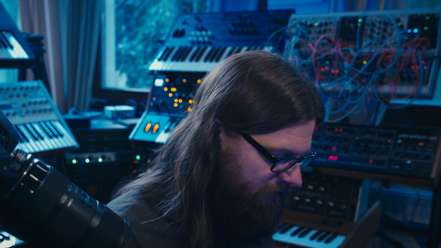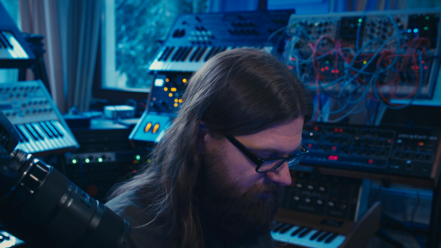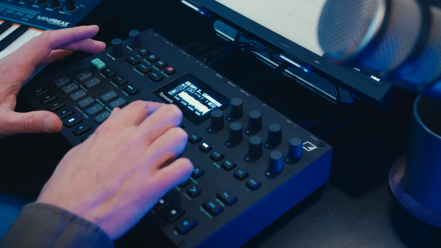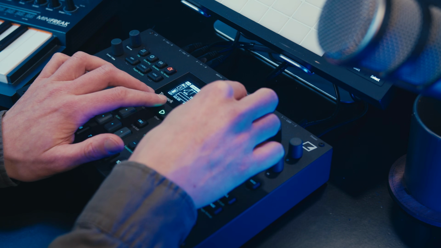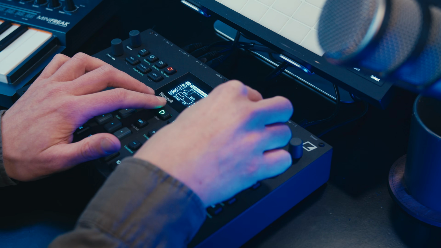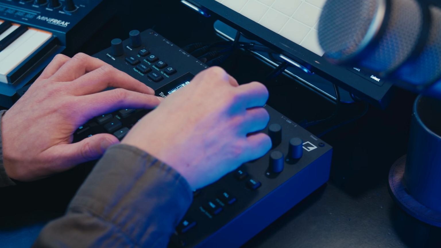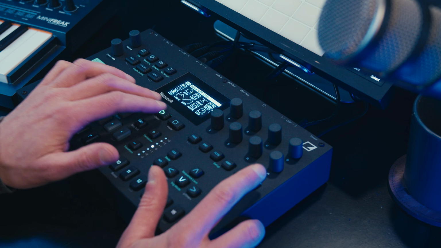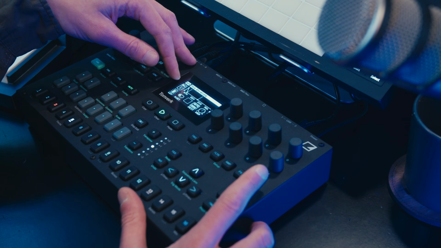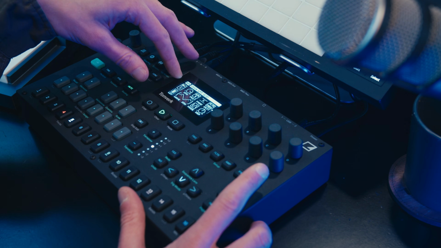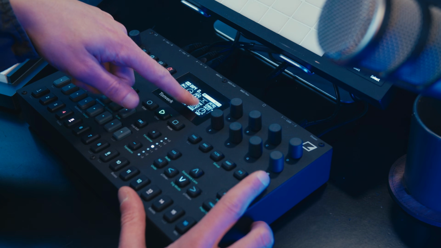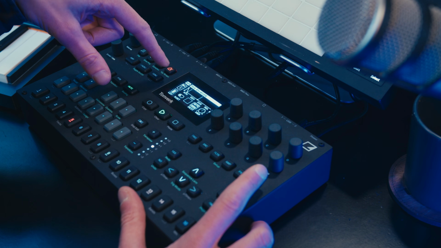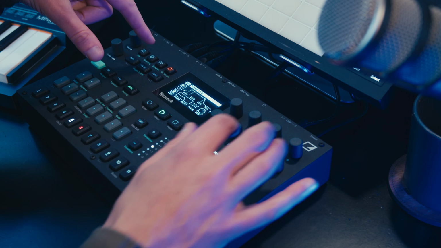I loaded this into another single player machine, and then I used the built-in filter, which I modulated with one of the 4 LFOs that you have per track. So I'm modulating the filter frequency here,